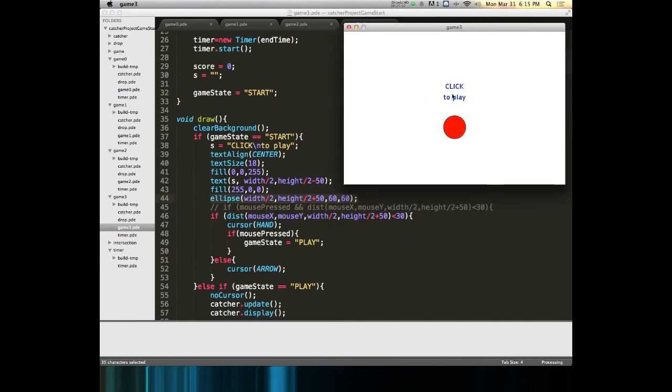So we can see the blue text, the red circle. So again, when game state is start, I set s equal to click to play, center my text, bump it up to 18, fill it with blue, draw the text, change the fill to red, draw a circle. Because I'm drawing a circle at the center location on screen, I am then going to use